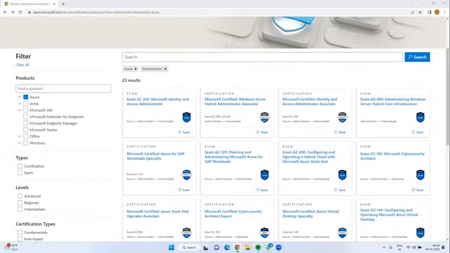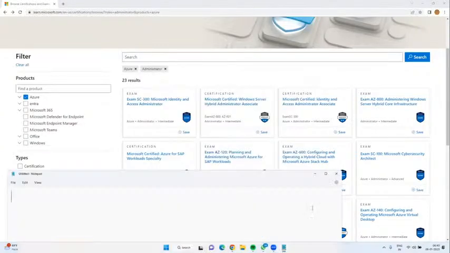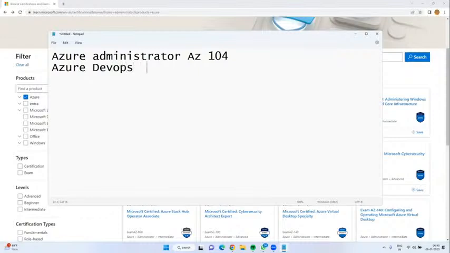As I said, I am going to cover AZ-104, Azure Administrator, and next Azure DevOps. The combination of these two is very popular in the market. I am giving AZ-400 DevOps and AZ-104.